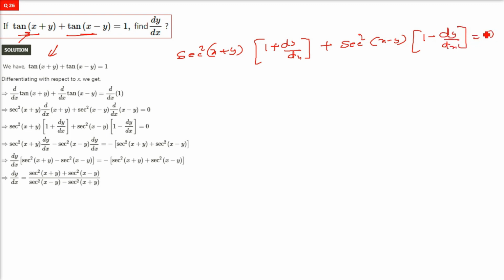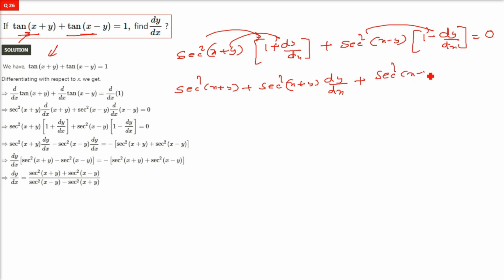This is equal to 0. And the simple thing is just multiply inside everything, collect the terms with dy by dx on one side, and shift everything else to the right hand side. So sec square (x plus y) is multiplied, plus sec square (x plus y) dy by dx, and then we have plus sec square (x minus y), and then minus sec square (x minus y) dy by dx